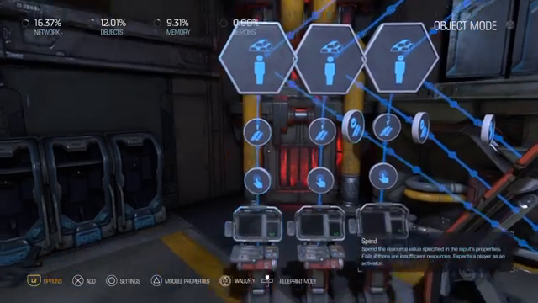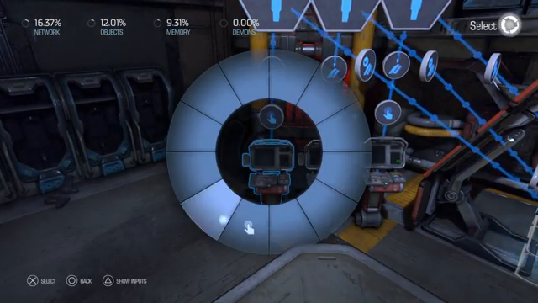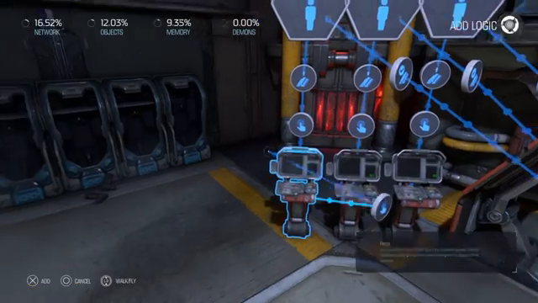And how this works is quite simple. So on interact,